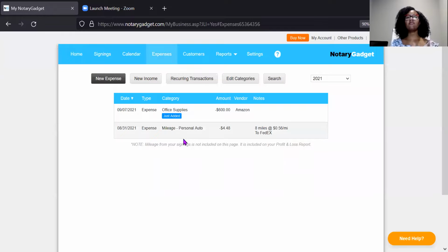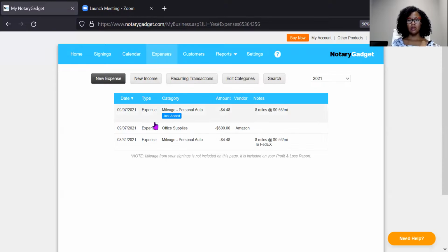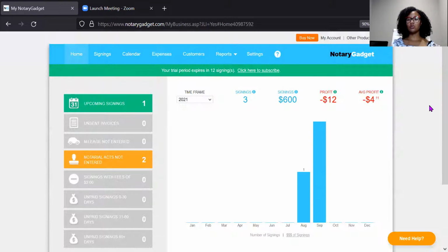Another expense is every time you go to FedEx, every time you go to UPS, all of that needs to be put into your expense account. You hit expense, we're gonna say mileage. I happen to know that FedEx from my house is 4 miles to, 4 miles from, so a total of 8 miles I went, and it said the federal rate is 0.56 as far as the pay, and then we're gonna click save. And so I went to FedEx today, and me going to FedEx cost me $4.48. All of this, like I said before, is going towards this,